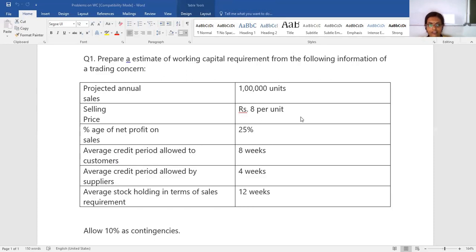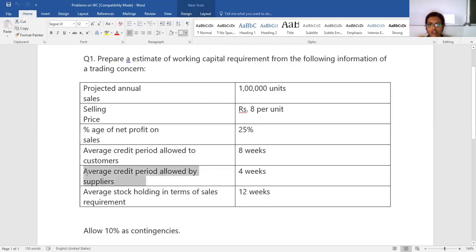Diba, you're right. Mohammed, no. You are allowing a credit period to your customers, which means you will have to receive the payment from them, isn't it? So that is nothing but your current asset, which is otherwise under which we categorize them as sundry debtors. Okay. So please make a note, students. Average credit period allowed to customers is nothing but your sundry debtors value.